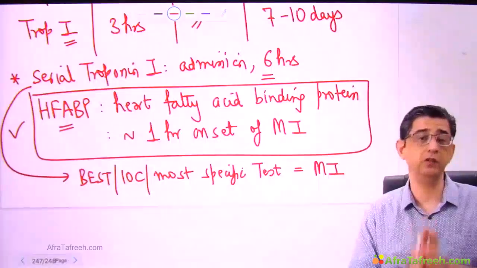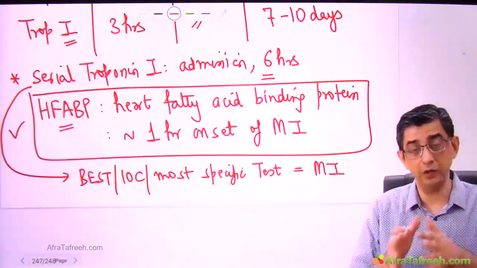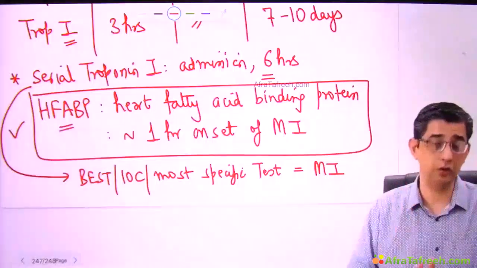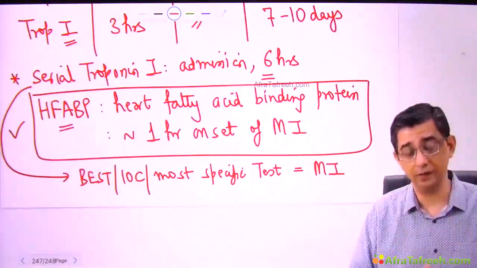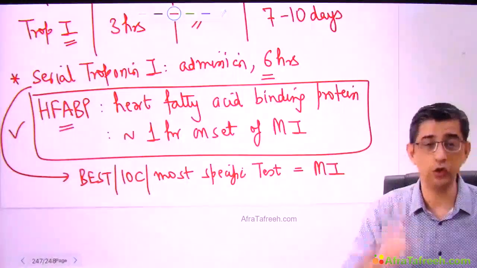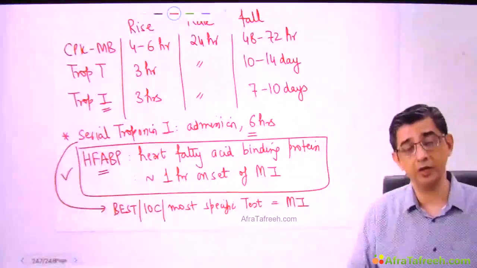Serial would imply that even if the person comes early, you still will be finding necrosis occurring anyway. So evidence of necrosis will be documented after a few hours. But treatment is not going to wait. Treatment has to be started right away, and you can identify MI by either of the two: either it is ECG or biomarkers. Either of the two will be useful for you in initiating treatment in the patient.